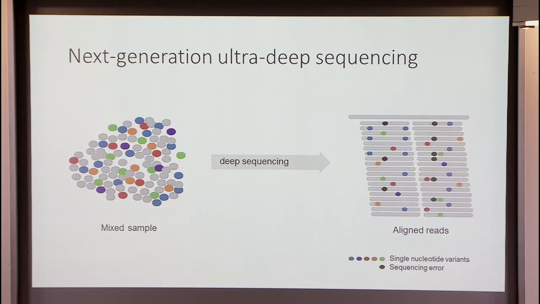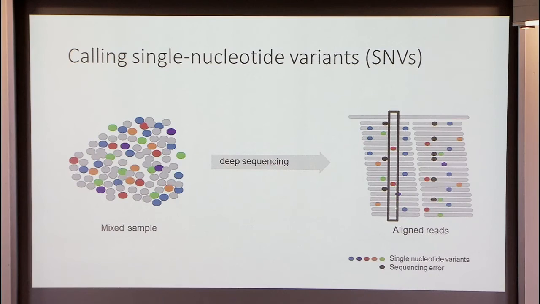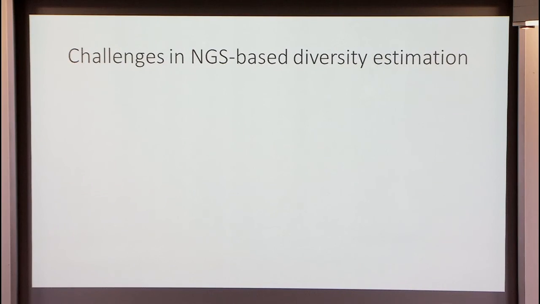So calling an SNV simply means looking at each column of this alignment of all the reads and deciding whether the variant you see here is more likely to be a true biological variant or more likely to be a sequencing error. So this, for example, is a true one here, but it's kind of rare, so it's maybe not obvious. And if you look at this column, for example, these are all sequencing errors. But if you look at them, you don't know in advance. So that's really the name of the game, to distinguish and to have a model to tell you how to do this.